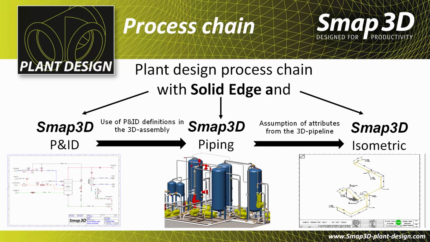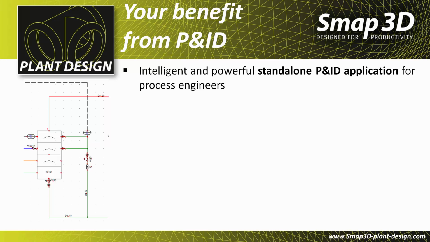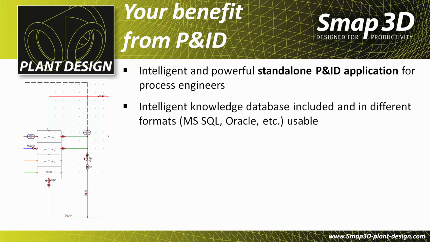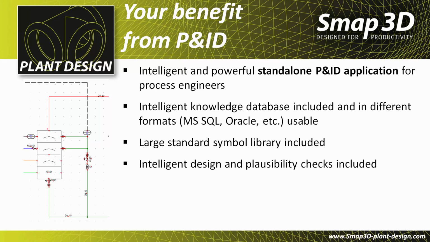In the following, we will show you the benefits from each of our applications. The Smap3D P&ID is an intelligent and powerful standalone application for process engineers. An intelligent database and a large standard library are included. Intelligent design and plausibility checks, as well as a report generator, are also included as base functionality of the Smap3D